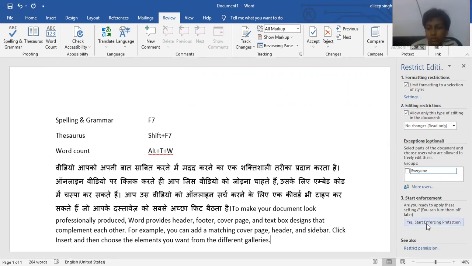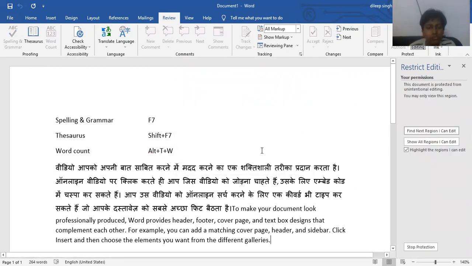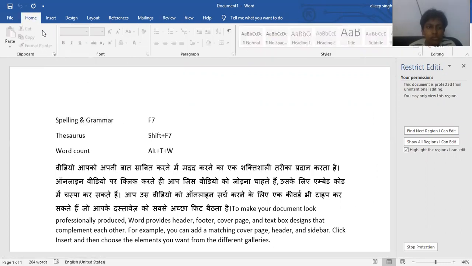When you click on start enforcing protection, you will get a box and just type your password. Just type 123 and repeat the same password in the other box. And after that, just click on OK. And after activating this, you cannot make any changes in your document because it is protected. Just see there, all the options are deactivated here. Okay. Understood?